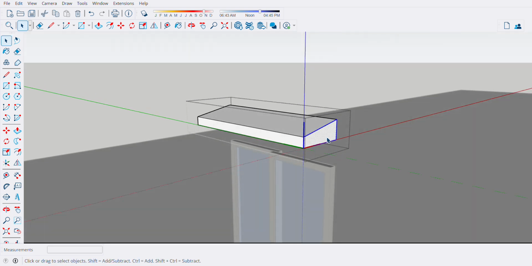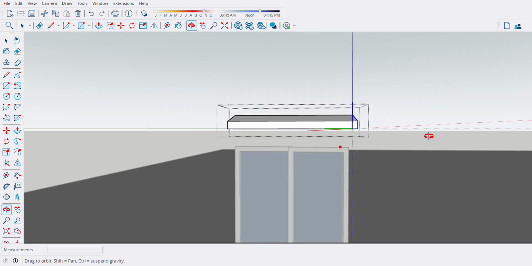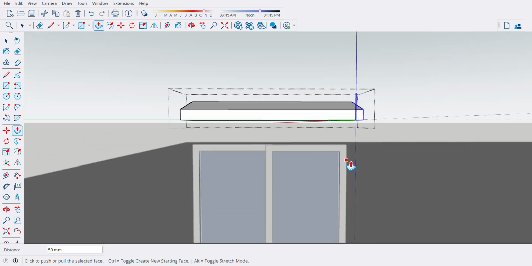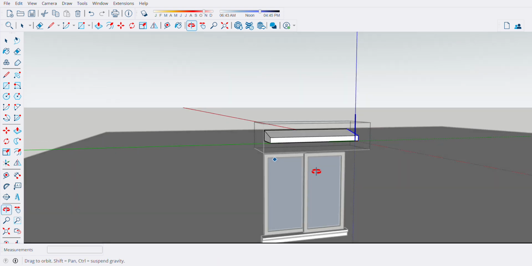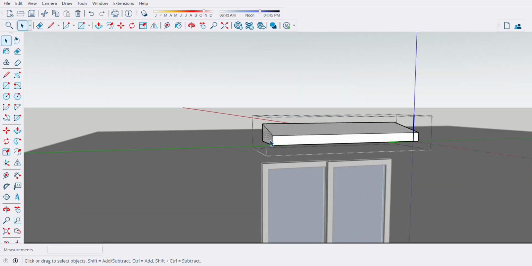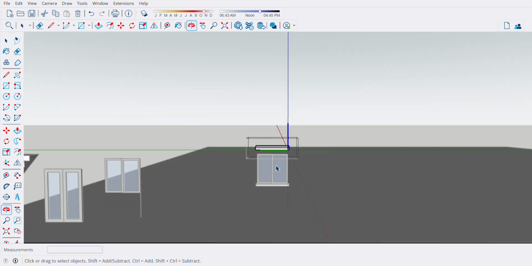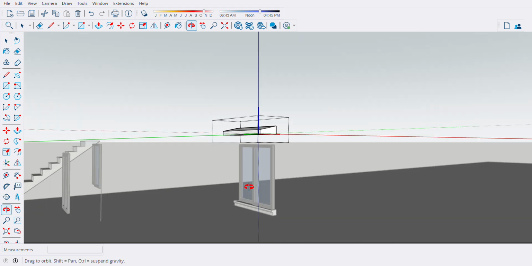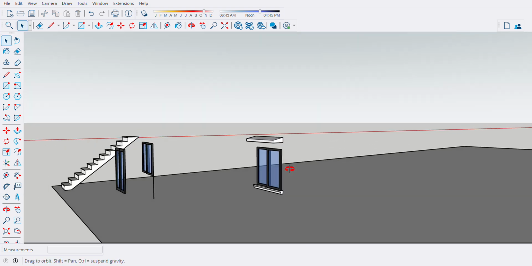But in most designs, the edge of this one is coming outside here. So we need to pull this one to 50. So that's it. So that is component.